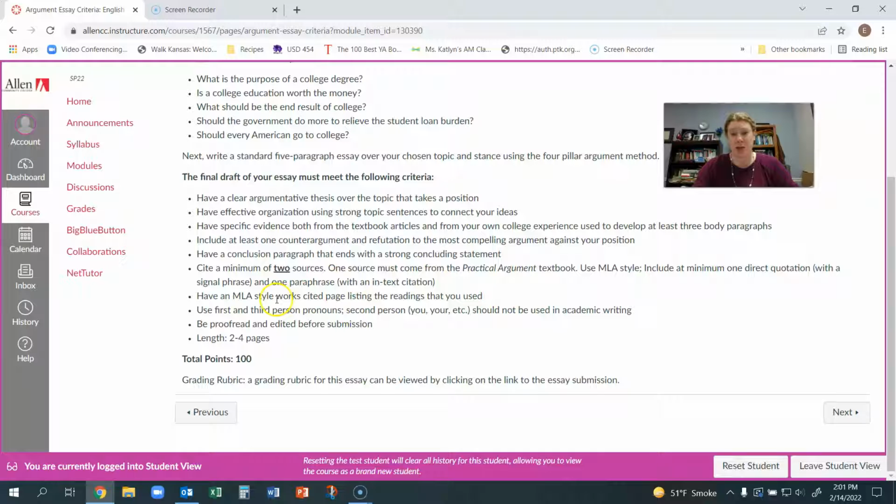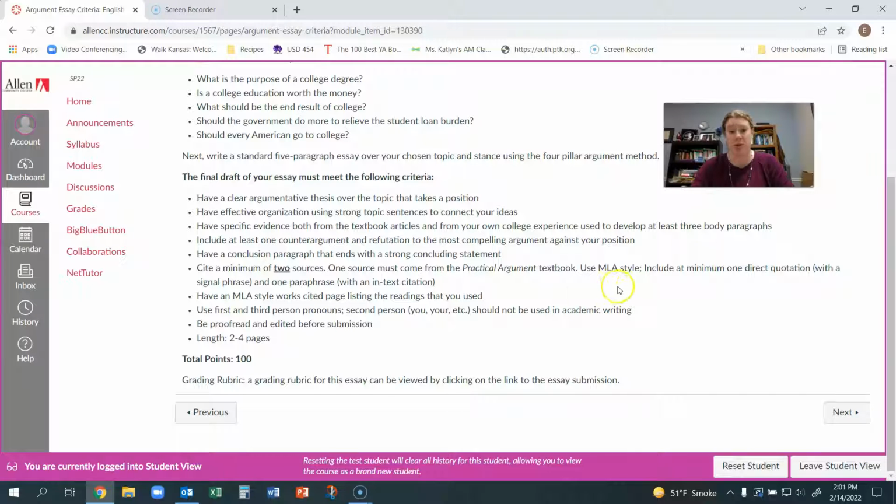You'll have your works cited page. You do have to have at least 1 quote and 1 paraphrase because we are practicing those skills. You put them in the documentation assignment, and I will correct issues that you have. So for this essay, we're really putting it into practice. How do you put that in an essay? It's your chance to make sure that you're correcting issues before we get to the research paper